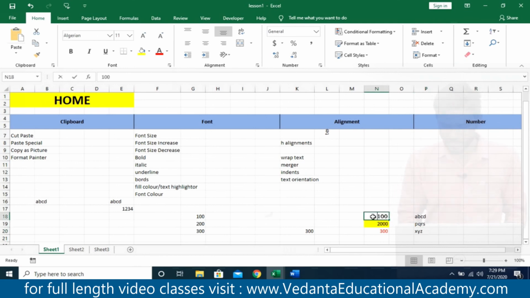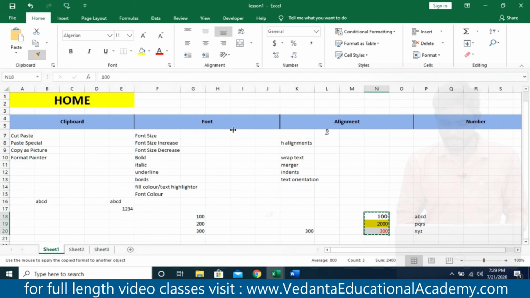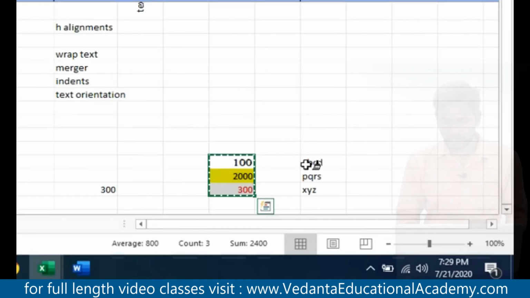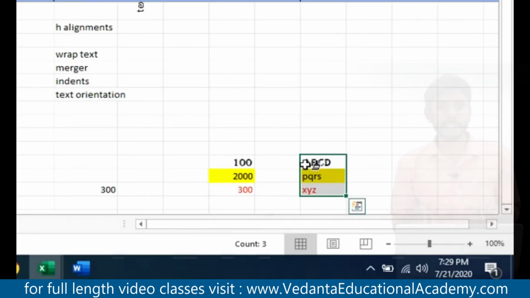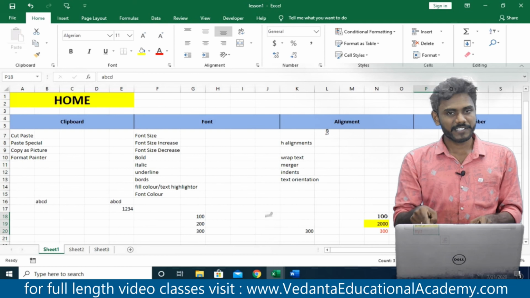So simply here I'm going to select this range, and here just activate format painter, just click, and wherever you would like to paste, simply click there. So automatically the same format, not the values or any formula, only the designed format will be applied. So not moved, we just make a duplicate of the same format in other cells. So this is how we copy a format and paste the format.